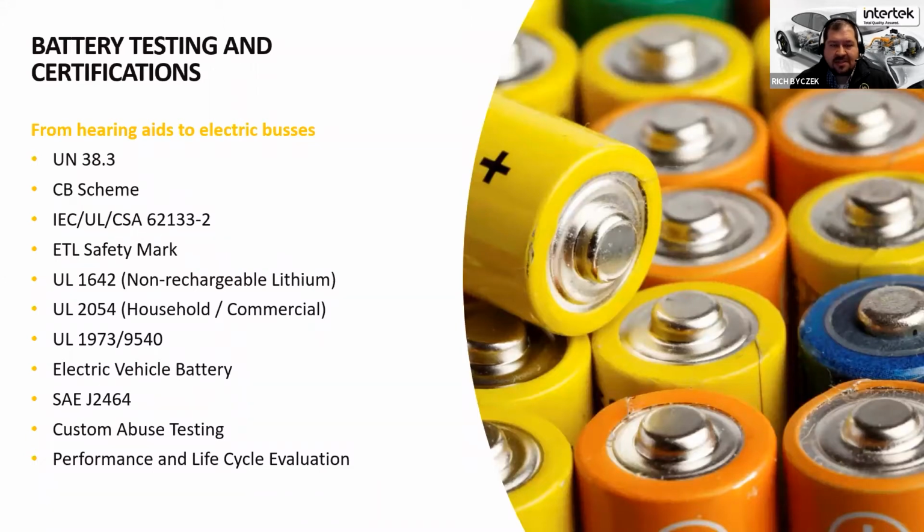On the EV side, of course, this is an EV-centric broadcast. We have the abuse test according to SAE J2464, and different OEMs have their own proprietary or lessons learned, if you will, in terms of how we would conduct propagation testing based on different battery designs, battery pack designs, custom abuse testing. So outside of propagation, any type of simulation or worst case scenario testing, and then of course more of the supply chain control in terms of performance lifecycle evaluations, just cycling batteries through calendar and actual charge discharge cycle aging.